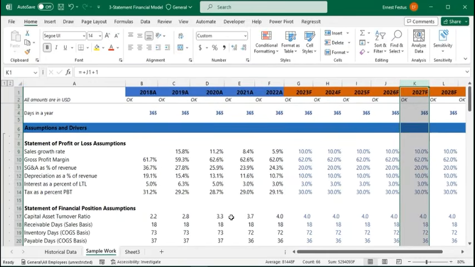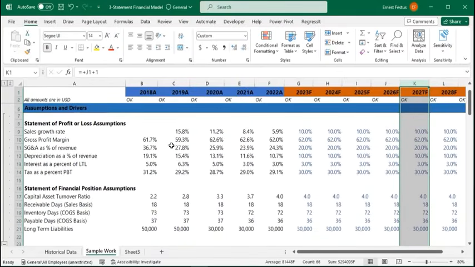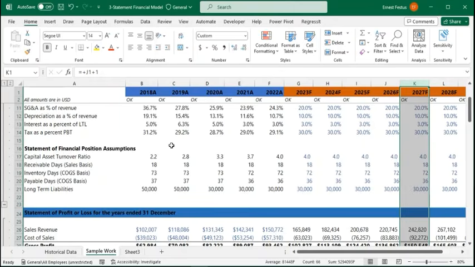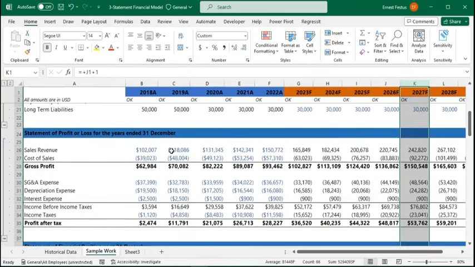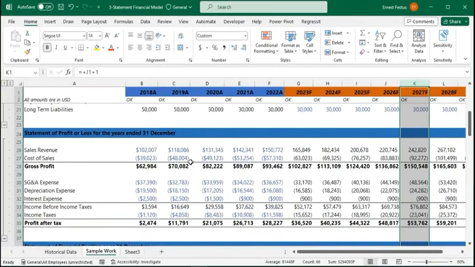So we want to see, based on the historical performance of the business, how the business is going to perform in the next 8 years. We are going to do that using the historical data. So here are our assumptions and drivers. We have the assumptions and drivers for the profit or loss account. We have the assumptions and drivers for our statement of financial position. We also have assumptions and drivers for